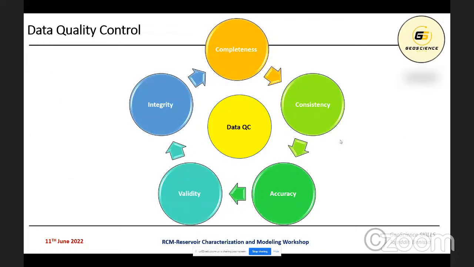What you see here is the data quality control diagram, or process, that should be followed by the geomodeler. When you upload your data from several resources, as we said, into your model, before you do anything, you need to go through all these processes. Check the completeness: for example, do we have a log covering all the reservoir or not? Consistency: do we have consistency between core data and well log data, for example? Accuracy: